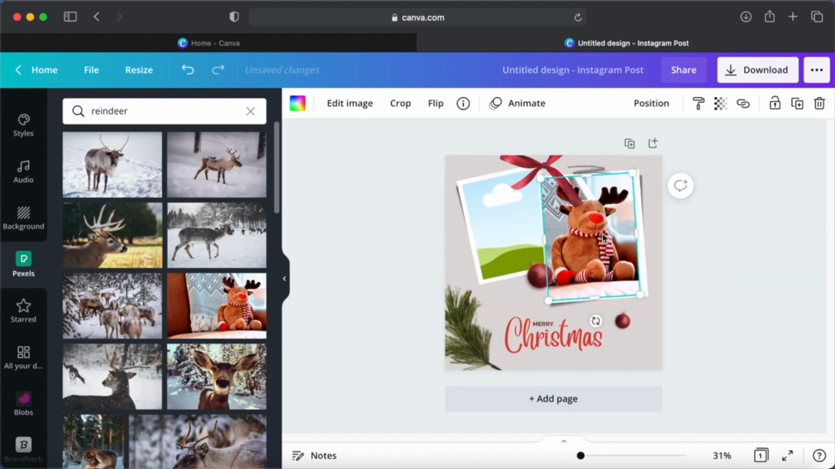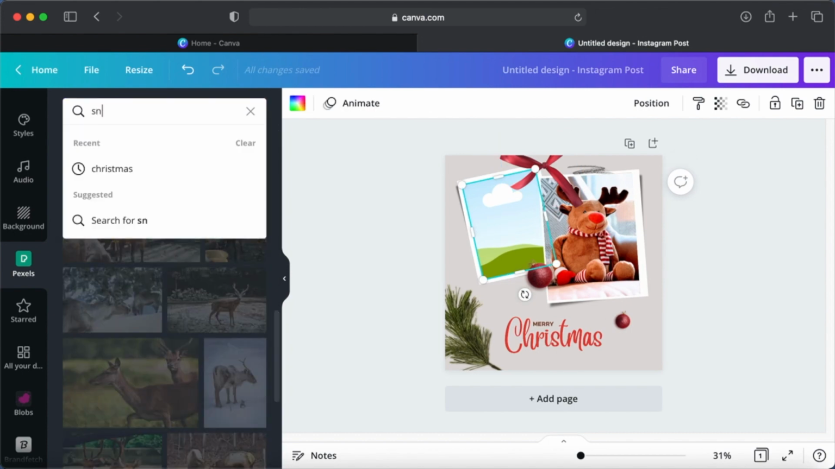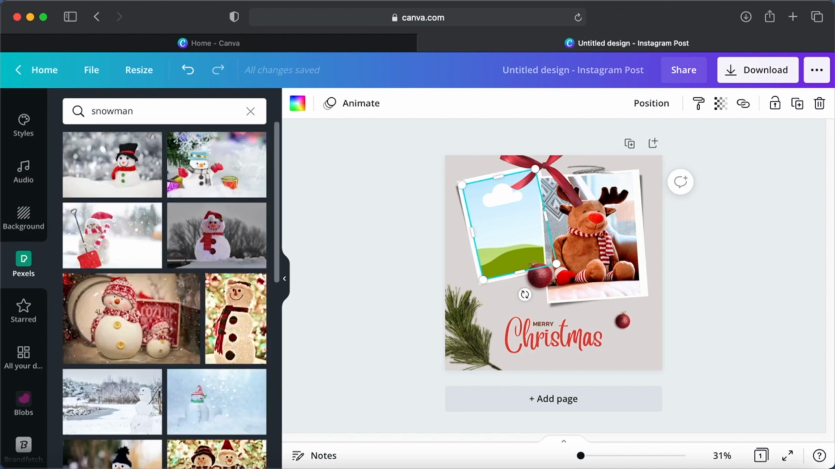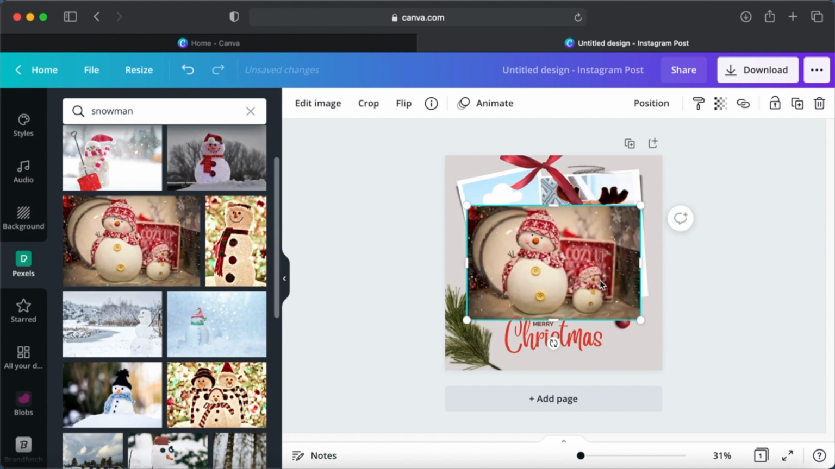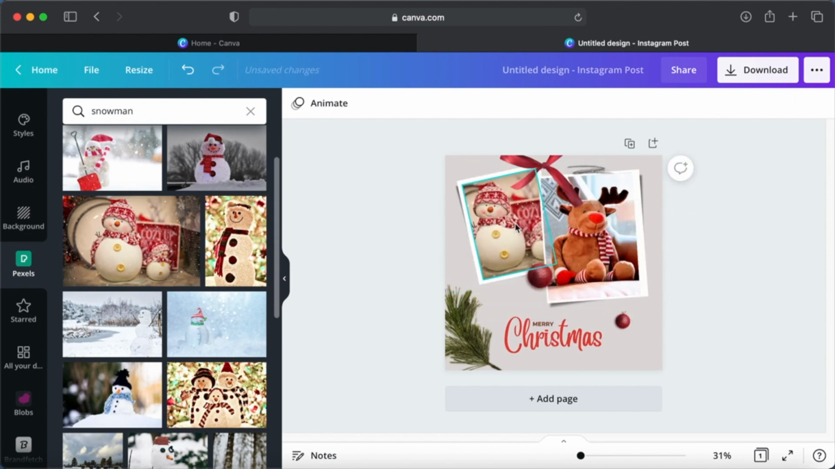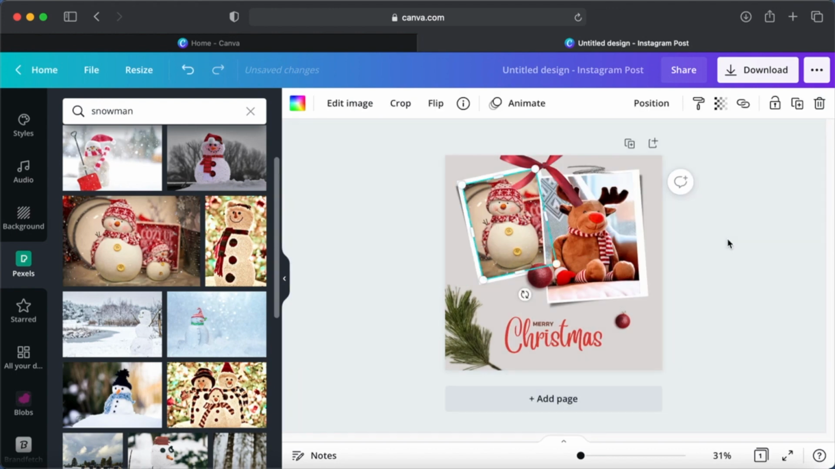Now it looks nice. Now do the other frame. We can choose something else, maybe a snowman. Okay, this is good. Let's choose this and then arrange. They look very cute together. Now let's try and